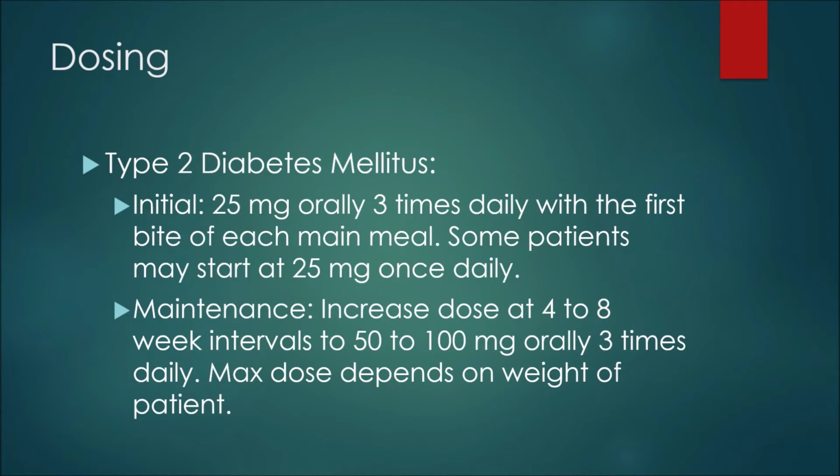Now for dosing with Acarbose. So in the treatment of type 2 diabetes mellitus, the initial dose would typically be 25 milligrams orally 3 times daily with the first bite of each main meal. Some patients, however, may start at 25 milligrams once daily and then slowly increase to 3 times daily dosing. For maintenance therapy, the patient can increase the dose at 4 to 8 week intervals to 50 to 100 milligrams orally 3 times daily, again with the first bite of each main meal,